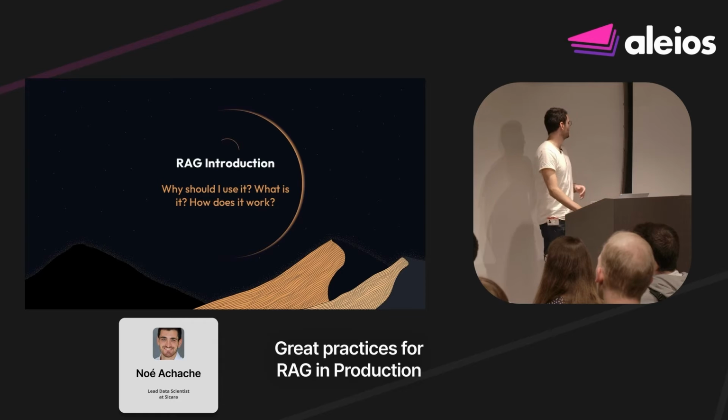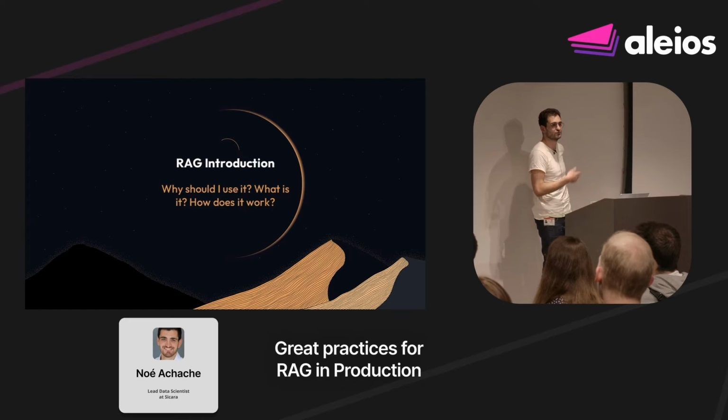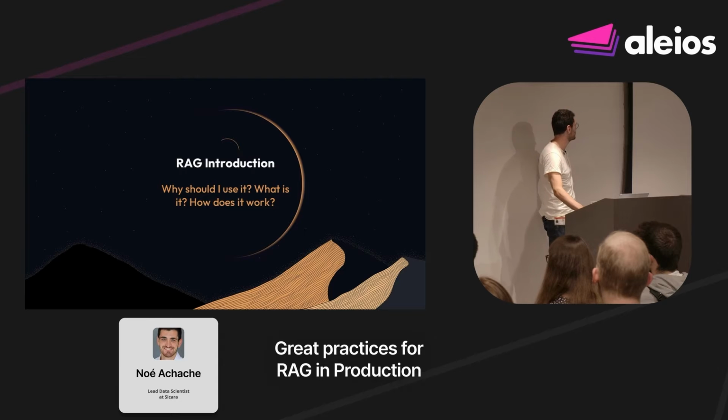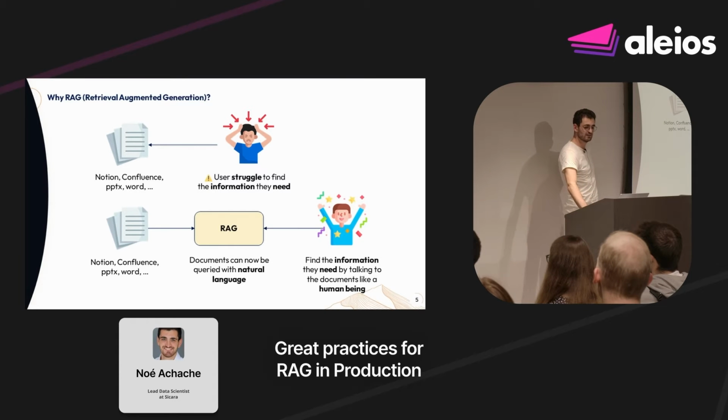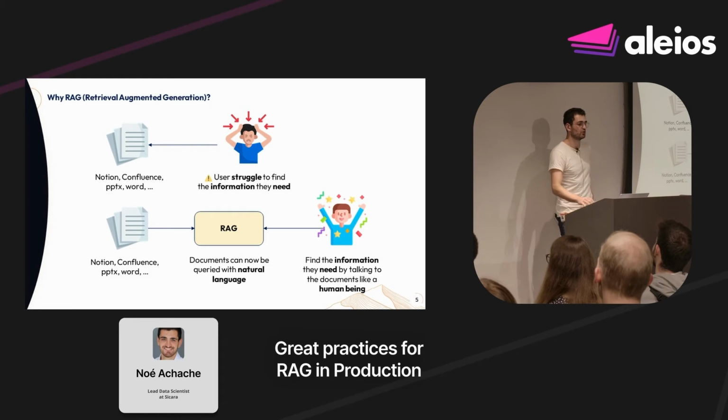So after this quick introduction, let's see what RAGs actually are. As I told you, the AWS guy gave you a quick introduction, but let's go into a bit more depth to see how they work. So basically, you have a lot of documents, let's say Notion, Confluence, PowerPoints, anything. And your users are basically struggling to find the information they need. So you can build a RAG, which allows your documents to be queried with natural language. And now your users are happy because they can find the information they need by talking to your RAG